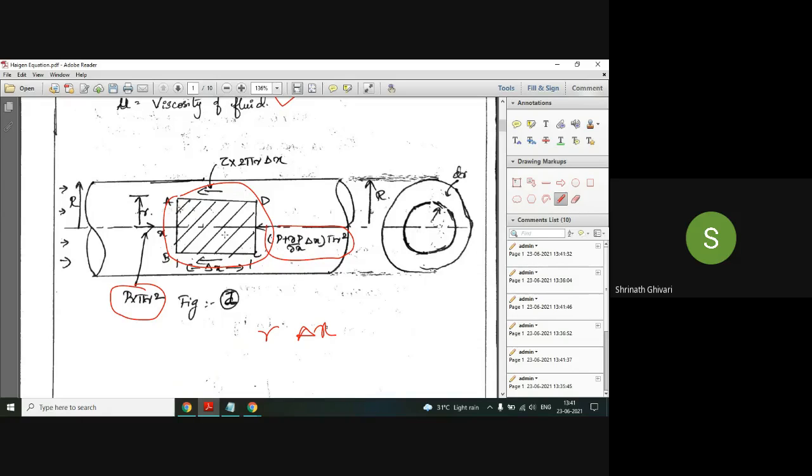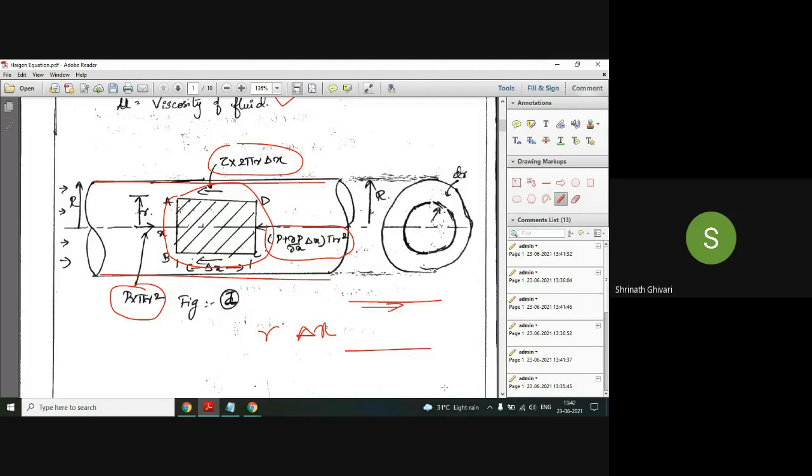On face CD, we are facing a pressure force of P plus dou P by dou X delta X into pi r square. But on either side, we are facing a shear stress, tau into 2 pi r delta X. Because the fluid is flowing, it is facing a shear stress, because the pipe is fixed but the fluid is flowing. When the fluid flows, the pipe creates a resistance force on the fluid layer. That force is called shear force, which leads to shear stress. Why is it 2 pi r? Because it is acting on both sides of the pipe, here and here.